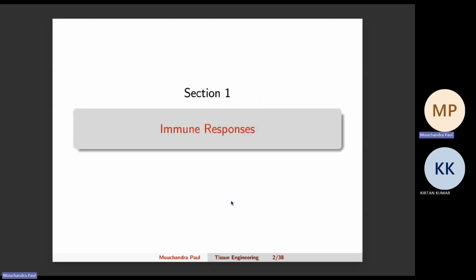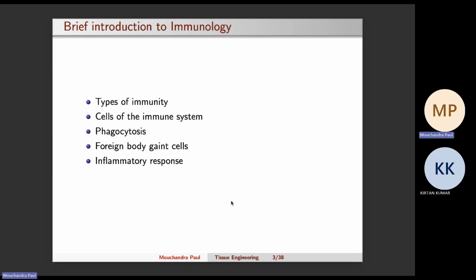Before we go into the details of that, we will briefly discuss some topics from the broad field of immunology, and we will cover only those topics which are relevant to our further discussions. We will look at the immunity types that we have, then some common cells of the immune system, then the process of phagocytosis, and also